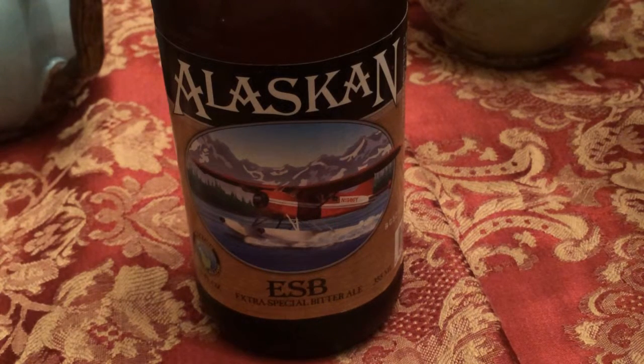Hello my friends, for today's beer review we're going to be taking a look at Alaskan Brewery's ESB, Extra Special Bitter Ale. Alaskan Brewery's ESB is an extra special bitter or bitter ale, or extra special ale. That kind of gets into confusion with what the acronym really is, or what this beer should be classified as,